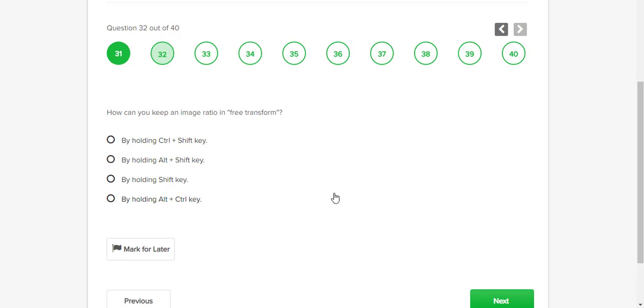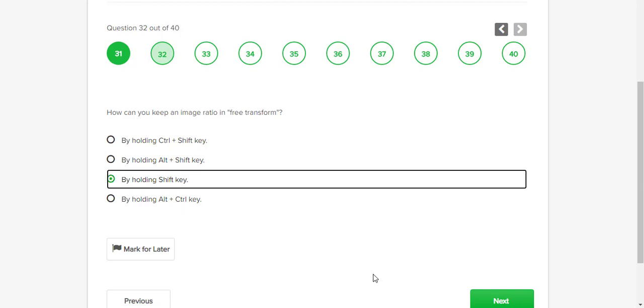So it is a very interesting question. Here we have to keep our image ratio in free transform. So here our right answer is by holding the shift key. So next,